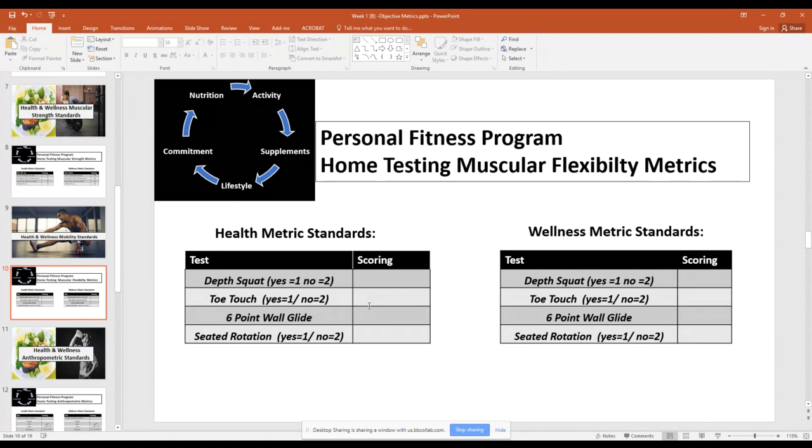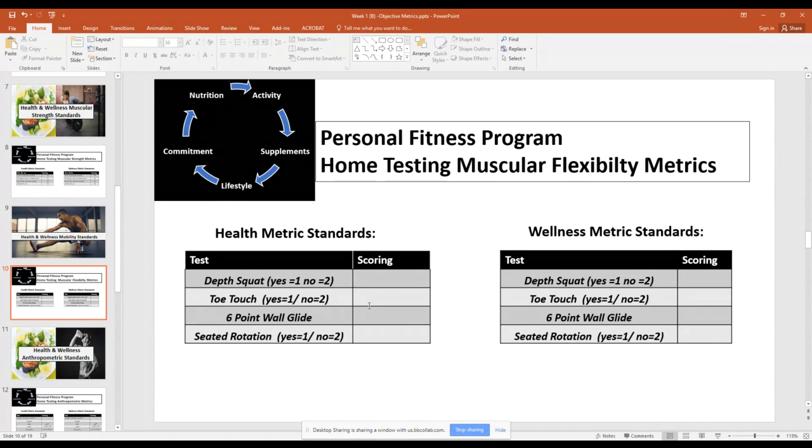Seated rotation, you want to have a seat, and you want to use maybe a broom or some kind of pull stick, usually a broom, something like that you may have around the house or apartment. And you want to then rotate, and so your shoulders are now 90 degrees. And then you rotate the other direction, keeping the hips straight. You're sitting down in a chair. You're not moving the legs. You just want to twist your body, and can you get 90 degrees in each direction? Yes or no? So from a seated position,